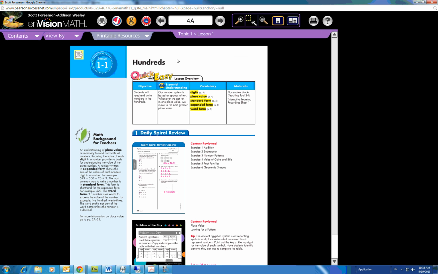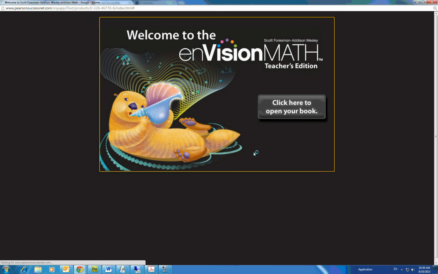There's also some tools. There's the e-tools, which are some virtual tools, counters, place values, times, fractions, great things to explore. They don't necessarily directly connect to what you were just looking at, but they are good to use in conjunction with certain lessons. So going back again to the teacher's edition,